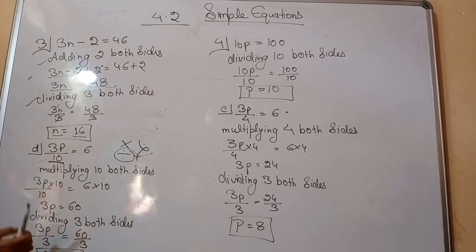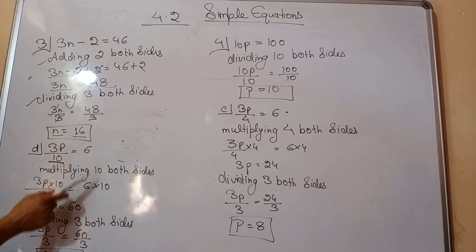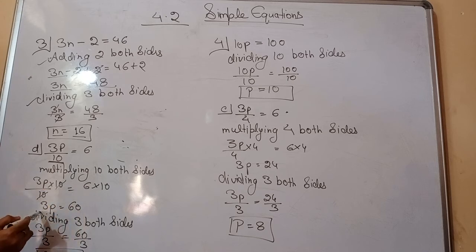So multiplying 10 on both sides. You can see here 3p by 10 multiplying 10 and 6 multiplying 10. Now 10 cancel out. What is remaining left? 3p, and here 6 tens are 60. Now this is the simplest form. 3 and p are in multiplication. So for eliminating 3, what operation will we use? These two are in multiplication, so we will use just the opposite operation, that is divide. So dividing 3 on both sides, 3p divided by 3 and 60 divided by 3. 3 cancel out, here remaining left is p, and 60 divided by 3 gives us 20. So what is the solution for this equation? 20 is the solution for the given equation.